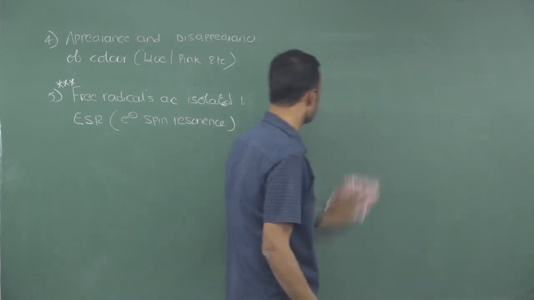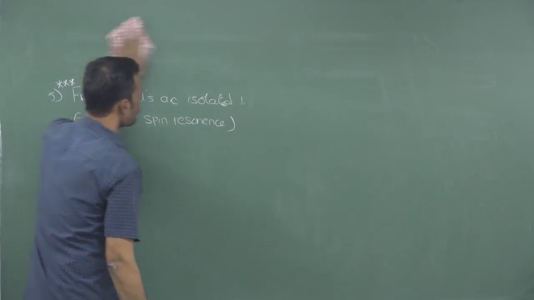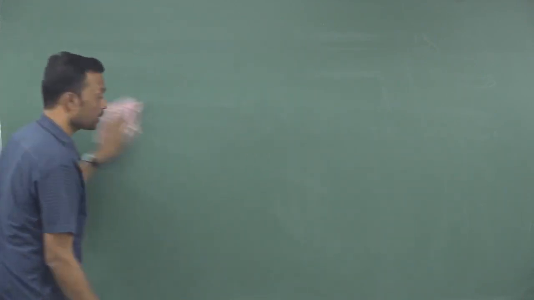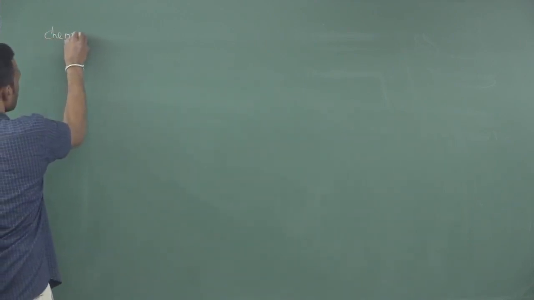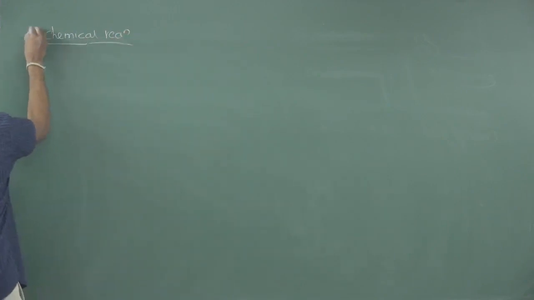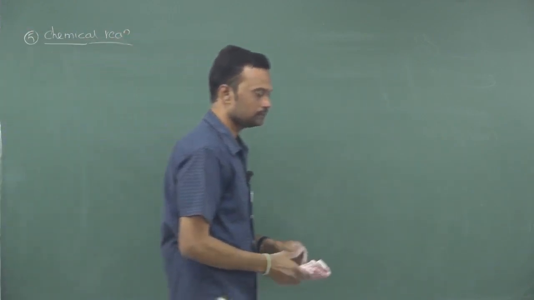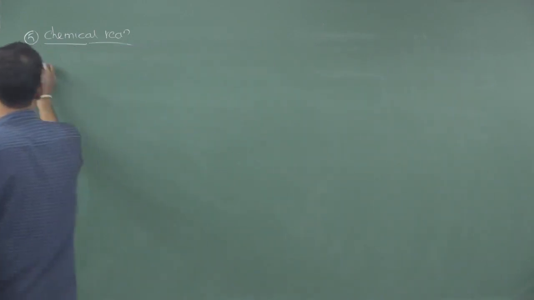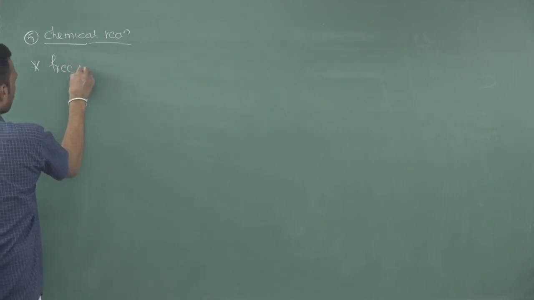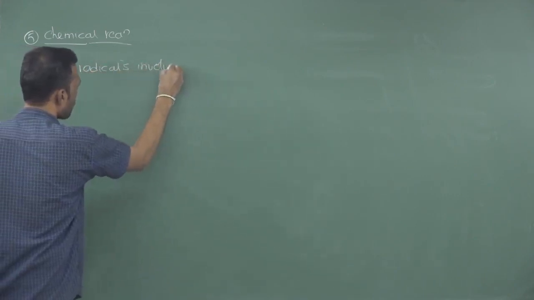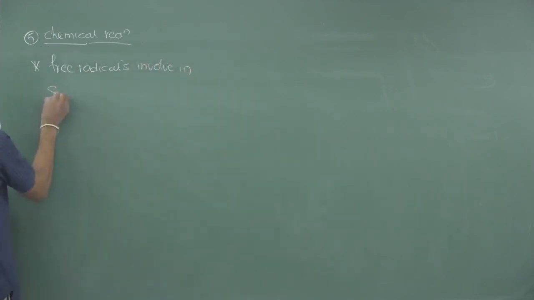Now chemical reactions. One of the easiest chemical reactions in organic chemistry are free radical reactions. These are the chemical reactions of free radicals. Remember, free radicals are involved in substitution and